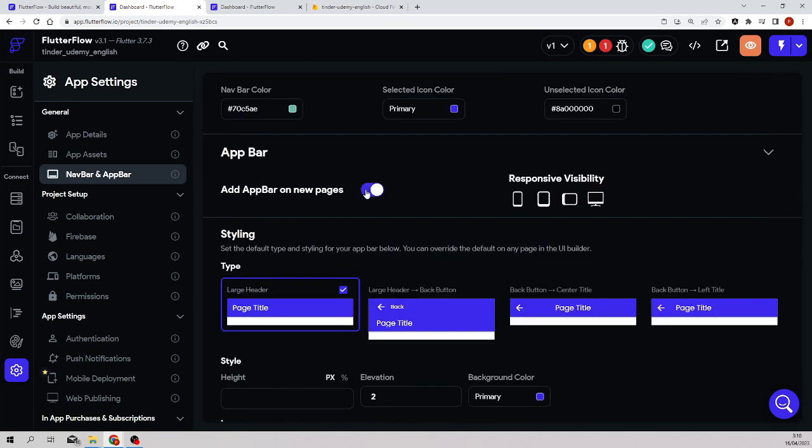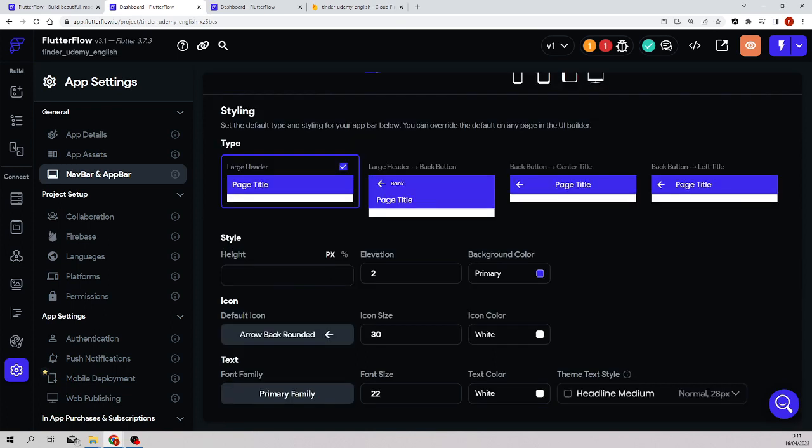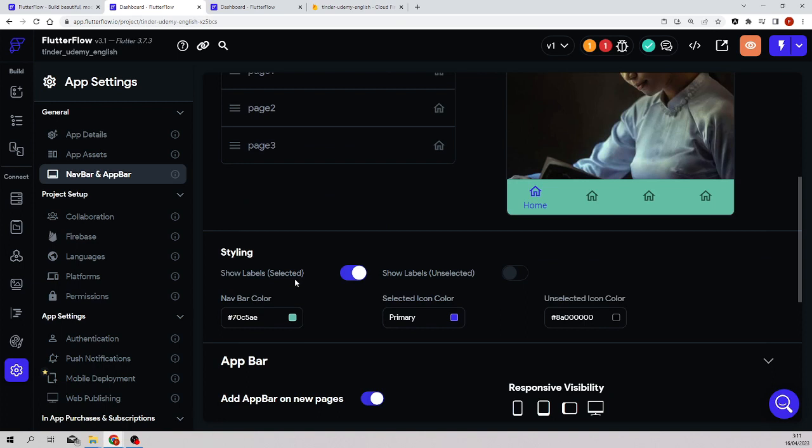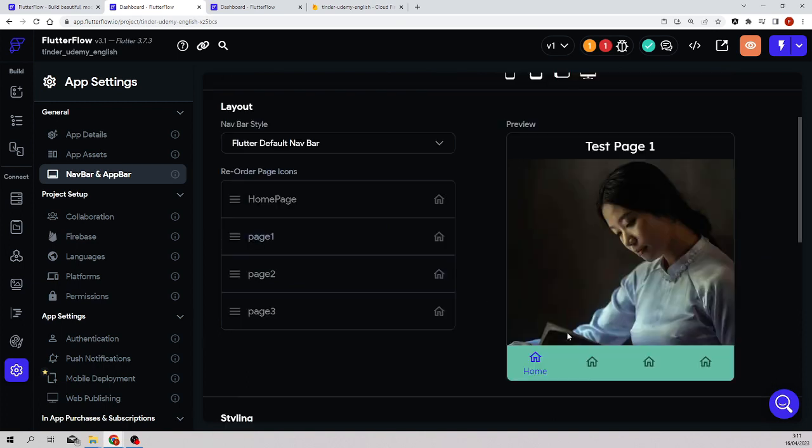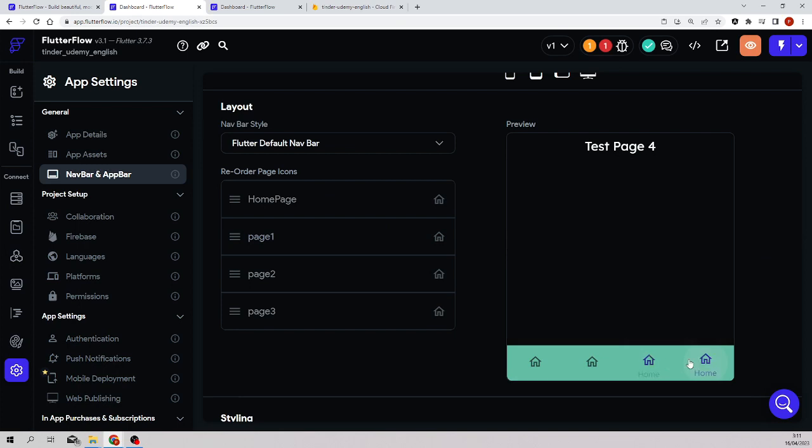Add app bar on new pages, yes, to add it as default or not, because this can be a bit of boring process to repeat it when we have many pages. And then the styling of the app bar. App bar is the one on top, navbar is the one on the bottom, remember. If I want the arrow back or not, for now I'll leave it like this. And then the style, the elevation, the color, the style of the arrow. Well, I'm not gonna change any of this, and I recommend you to not change it either. And that's it. But now what we need is I will change the icons and the text of each page